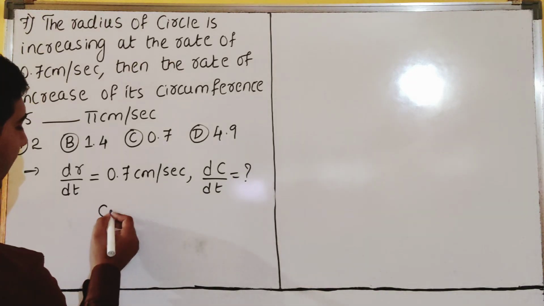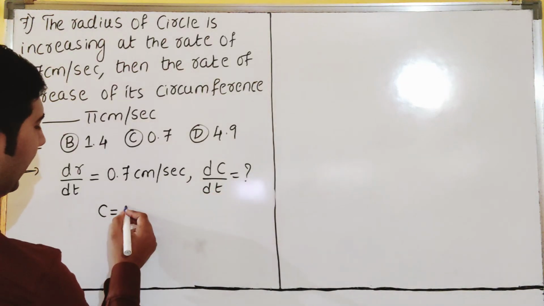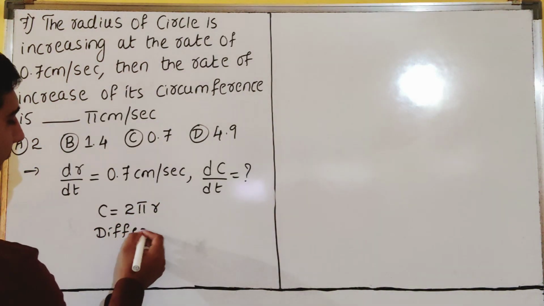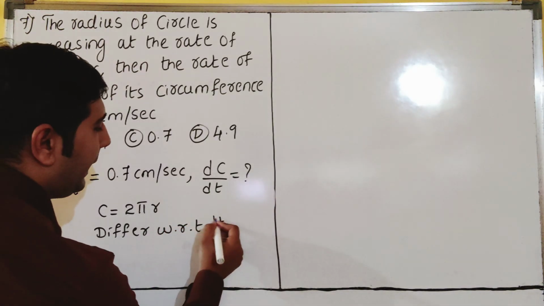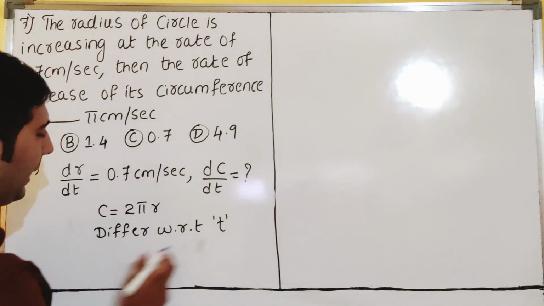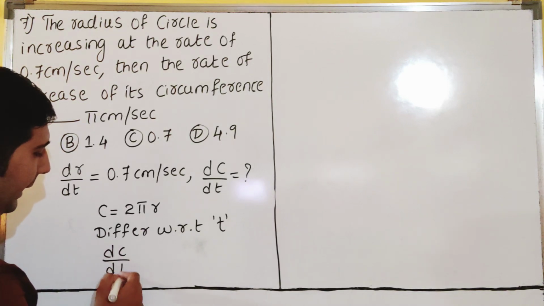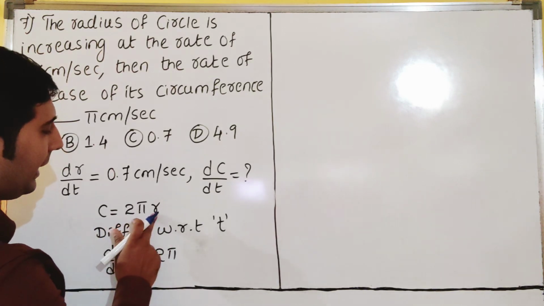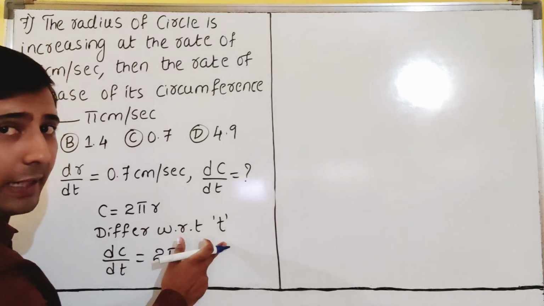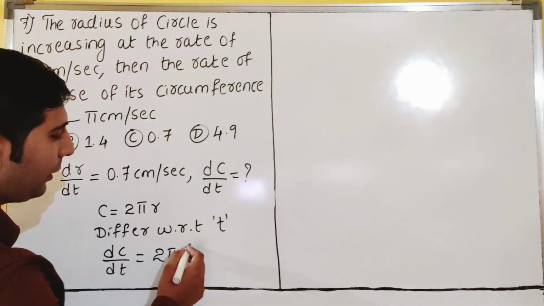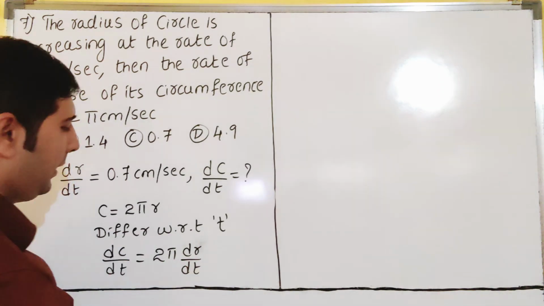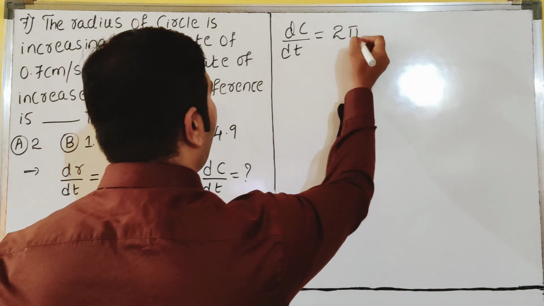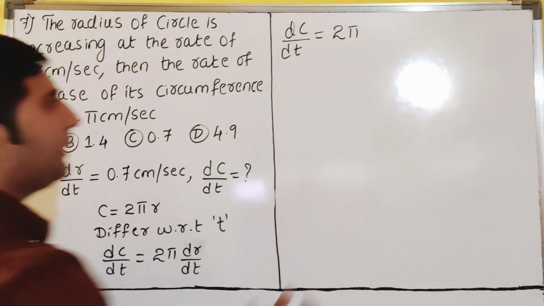So now let us work on this. What is the circumference of a circle, dear students? Circumference of circle is 2 pi r. This is the formula. Now differentiate with respect to t, dear students. So c and t are different, then you can write it as dc by dt. And now see here, 2 pi is constant. Constant you can write as it is. What is the derivative of r? R and t are different, dear students. Differentiating with respect to t means you can write it as dr by dt, dear students. So then what will you get? dc by dt is equal to 2 pi dr by dt. Dr by dt is how much?